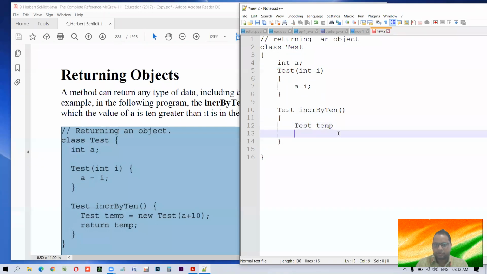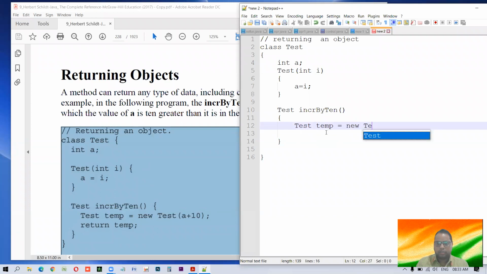Now let me show you something. int temp and this are both similar. Here we are making a temp variable of integer type, but here we are making a temp variable of class test type. So now it's time to learn that objects can be used like the other data types.